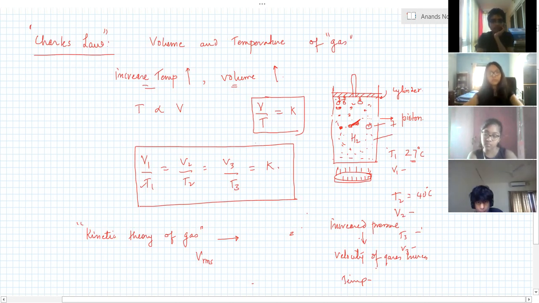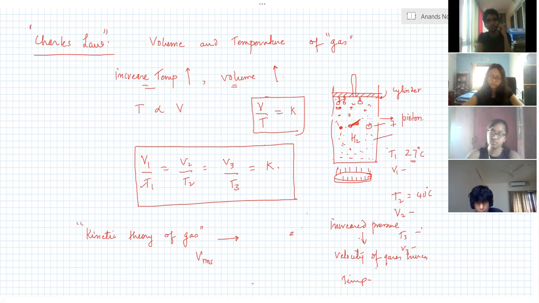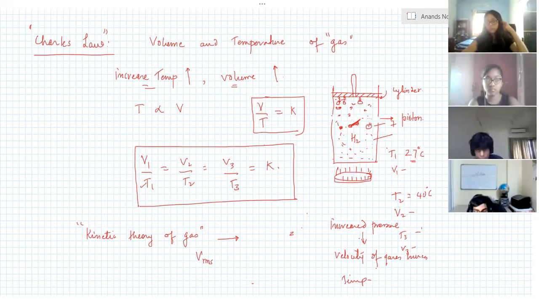Kalash, are we okay till here? Yes, sir. So tomorrow, if someone asks what is Charles' law, what is Boyle's law, you should be able to give a high-level answer without getting confused, because these are straightforward things, and it is in our experience. We are able to imagine this. All right, guys? Yes, sir.